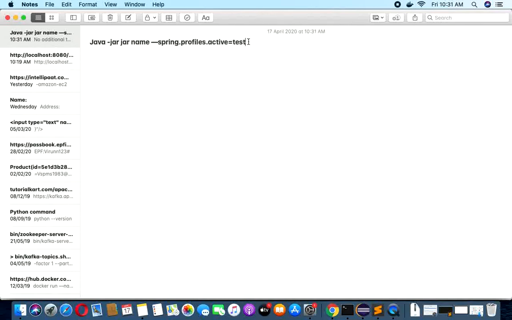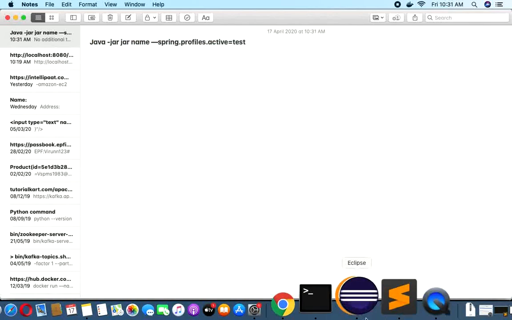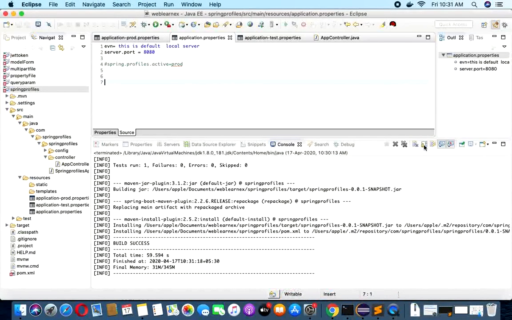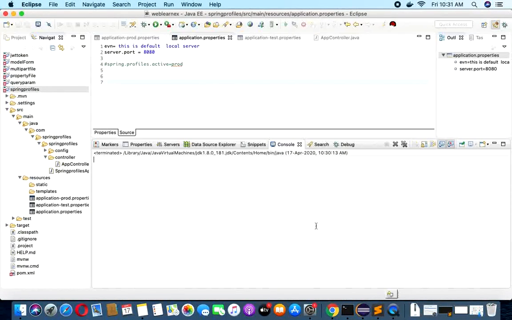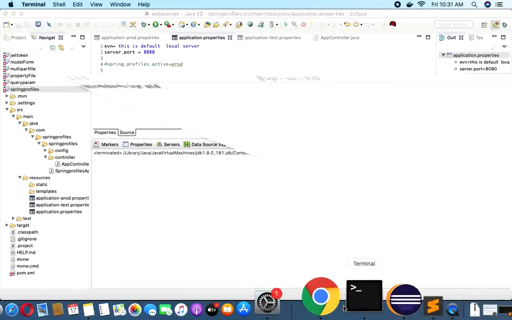Using this command, you can pick your environment in production when you are going to run your project. So it built successfully. For deployment, let me open my terminal.